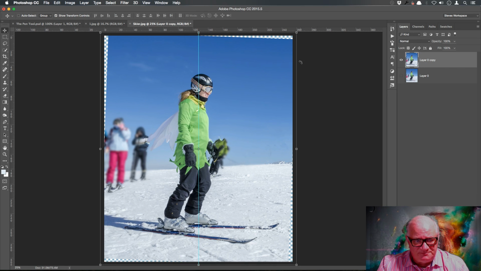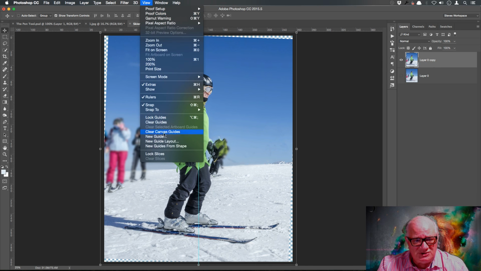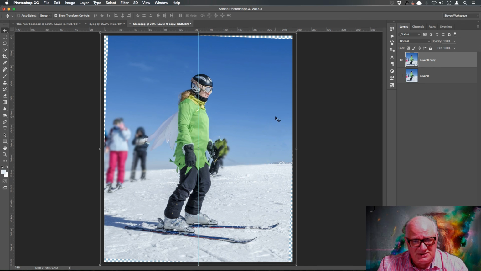So what can we do about these parts here? I think you've seen me doing this before. We'll keep that guide in there, and we'll just go View, Lock Guides. I'll just lock that guide in place. Okay, so what I'm going to do now is take the magnetic lasso tool, and I'm going